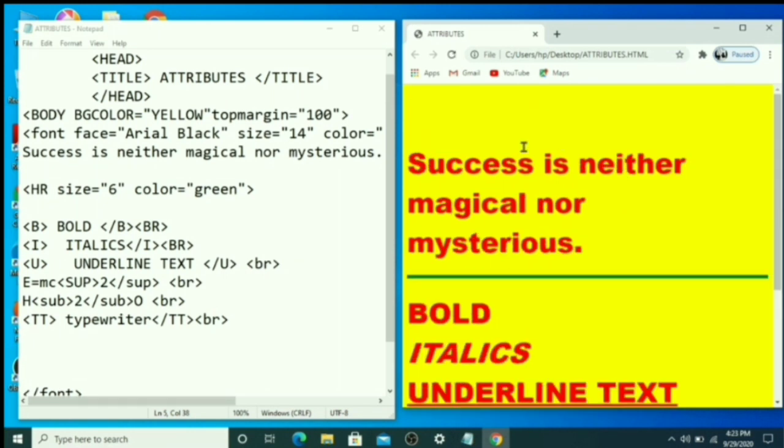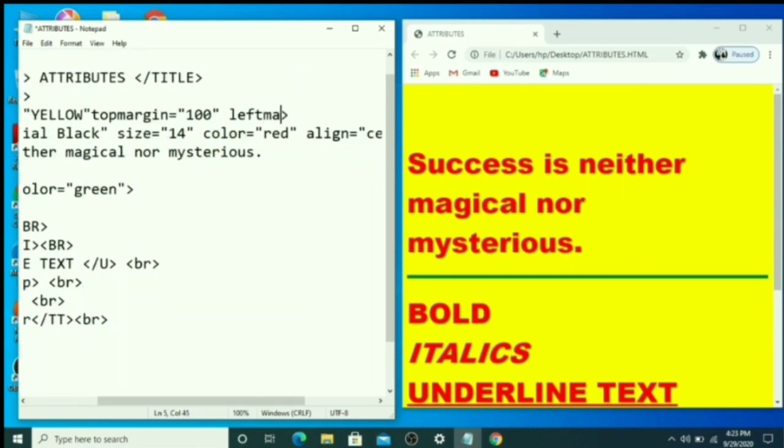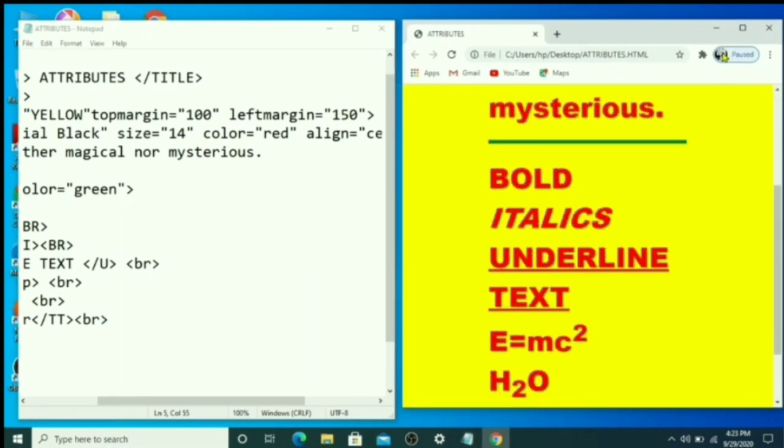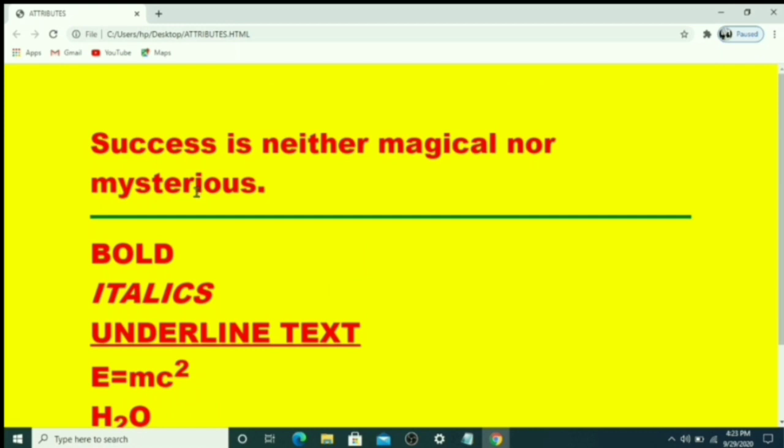Now you can see a 100 pixels gap here, and if you want to change, meaning if you want left margin, so that time you save your file and press F5. Now you can see.